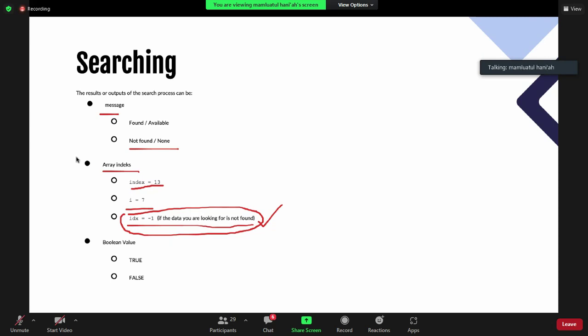Or you can set your output to a Boolean value, true or false. If your data is found, you can set true. If the data you are looking for is not found, you can set false.